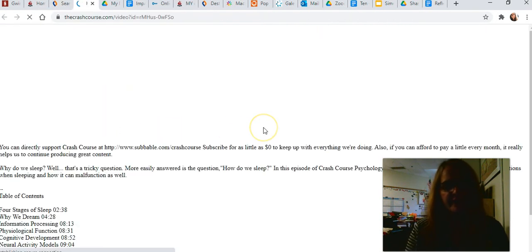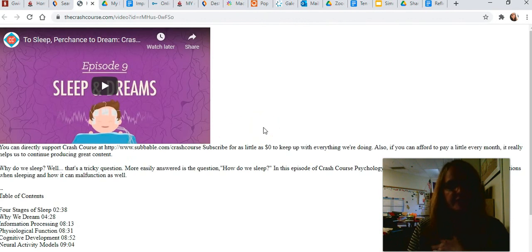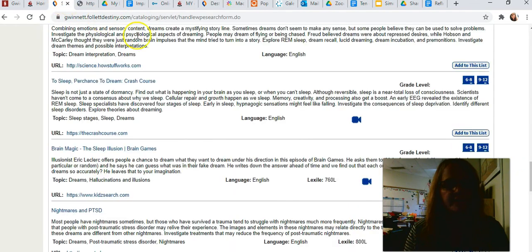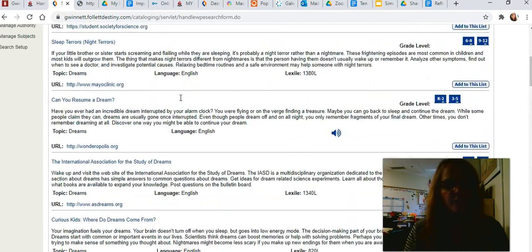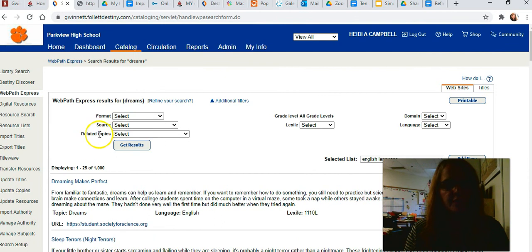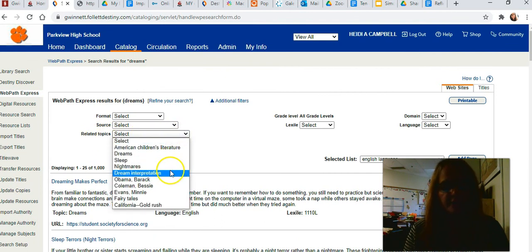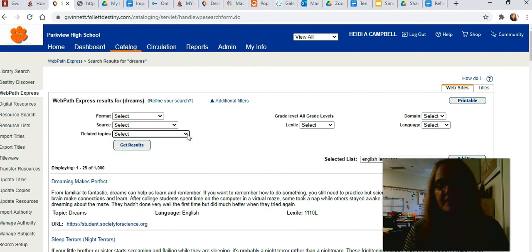On this little film camera, click on that link, and it takes you to this crash course video. Okay, so just a great resource. So in terms of getting back to that, if you wanted to, you can look at related topics from DREAM if you wanted to. Dream interpretation, sleep, and it can kind of give you other ideas on how to format it. Okay, so